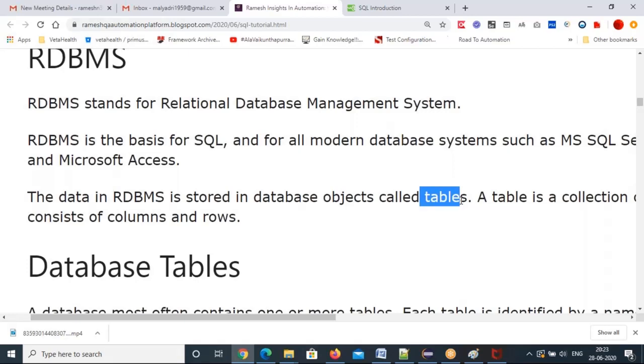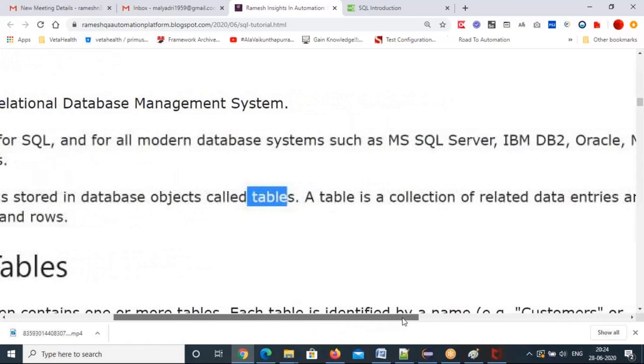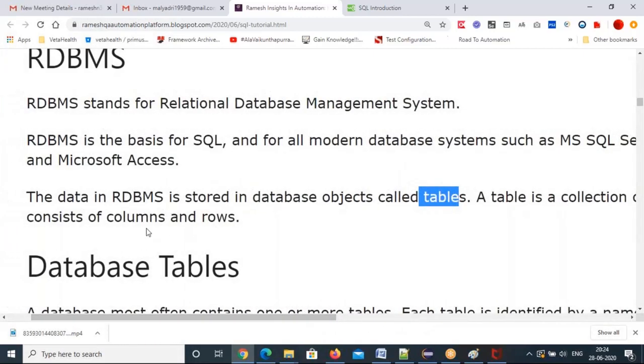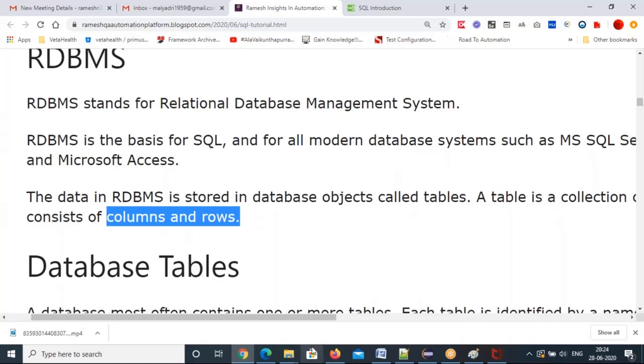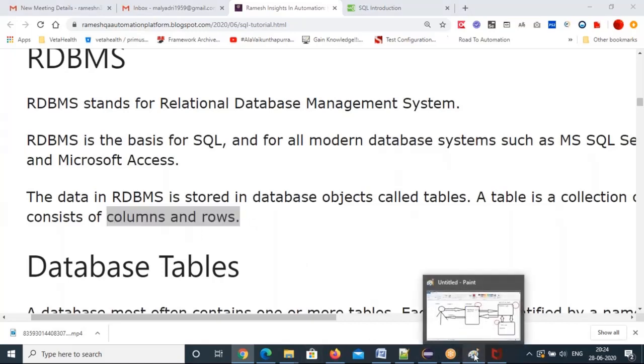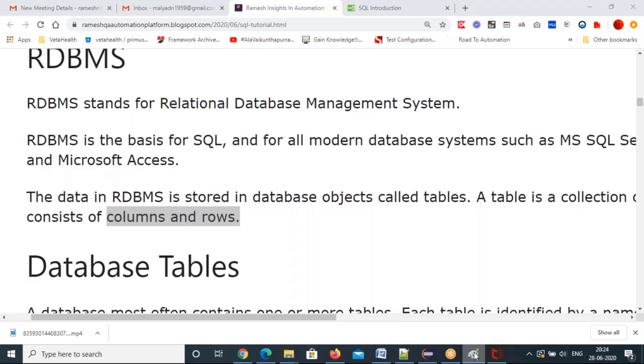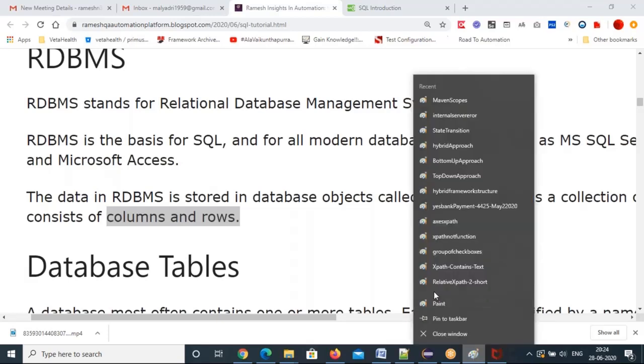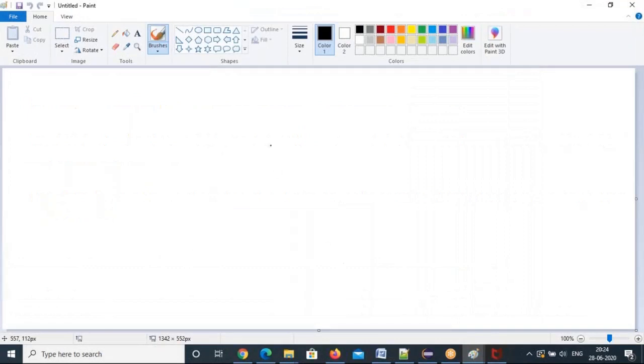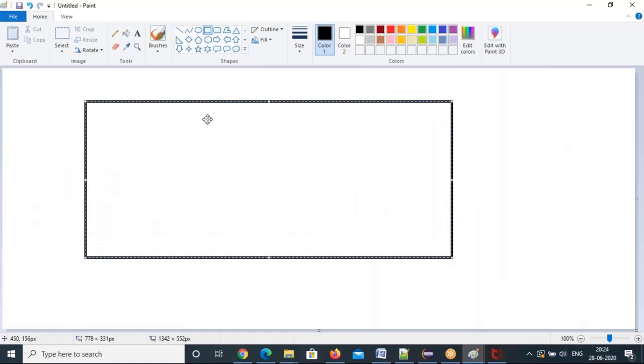Based on the categories of things you have in the application, they will create one table for each category. So that's the tables. A table is a collection of related data entries, and it consists of columns and rows. This is very important. So the table means, again, we have rows and columns. As you are all aware of these tables, tables will be like this. We have a lot of tables, with rows and columns here.